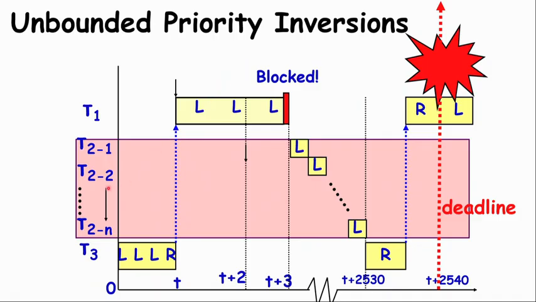Here we are considering multiple intermediate priority tasks. T3 is the lowest priority, T1 is the highest priority, but there are T2_1, T2_2, T2_n, etc. These are intermediate priority tasks, and once T1 blocks for the resource held by T3, the intermediate priority tasks keep on executing one after the other,